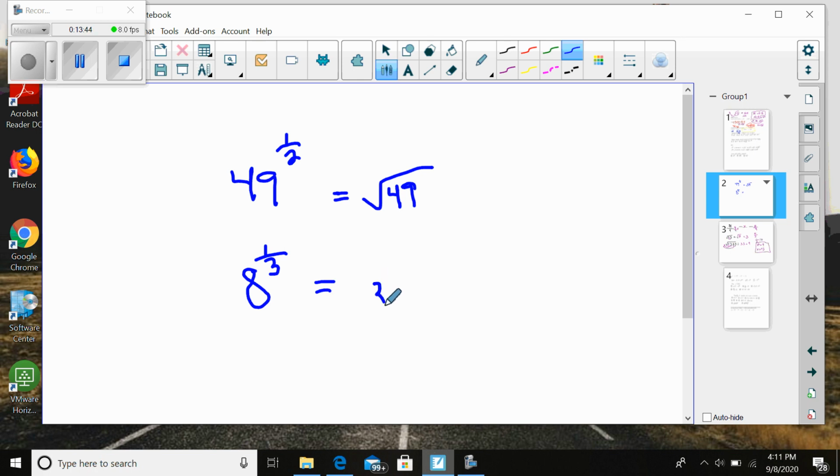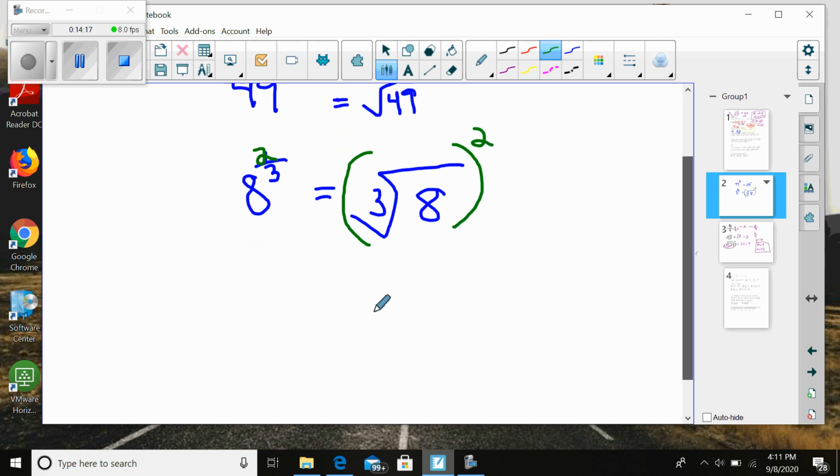Okay, so this is saying the bottom number is the root, take the cubed root, and then raise that answer to the first power, is what that's saying. All right, but if I have other fractional powers, for example, so I'm going to fiddle with the same example here. What if I changed this to a 2? All right, and so what that means is take the cubed root, but then the top number is the power. So that means take the cubed root of 8 and then square it,